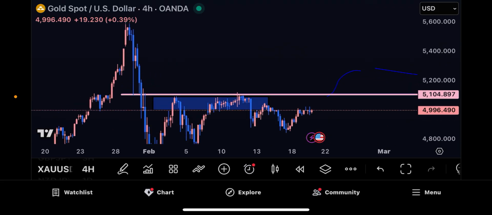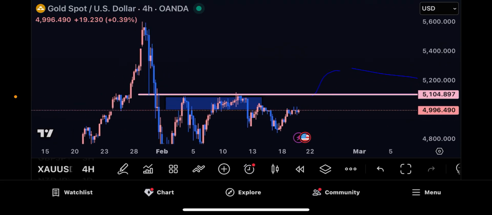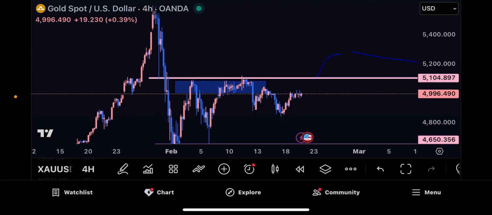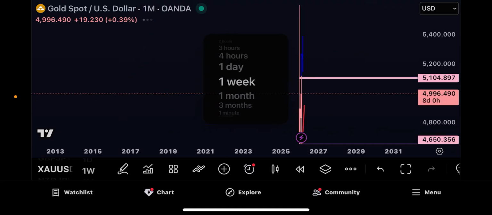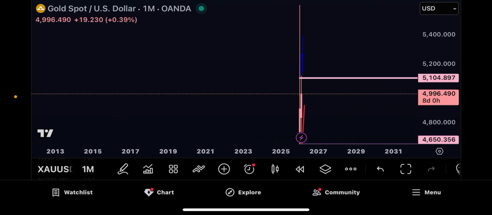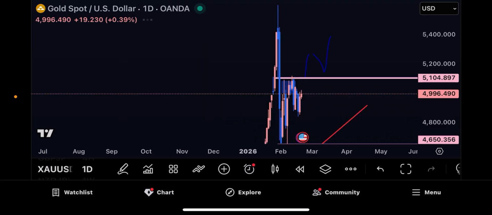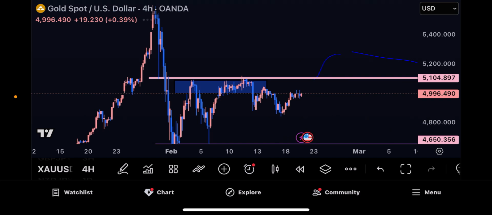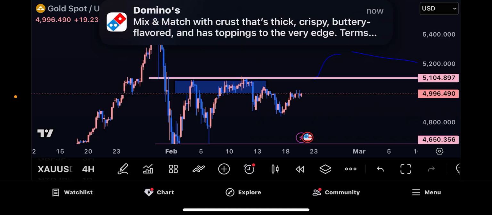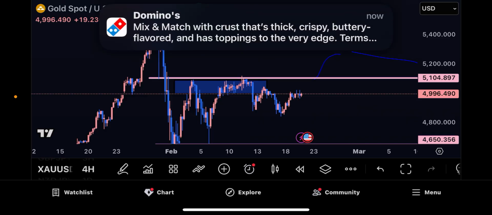And it's always good to do a top-down analysis so that you can clearly see what's going on. Because if y'all see, we worked our way from the monthly to the weekly to the daily to the 4 hour. And setups on the 4 hour are really golden to me, but you have to start from top